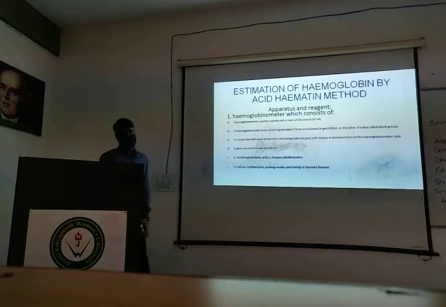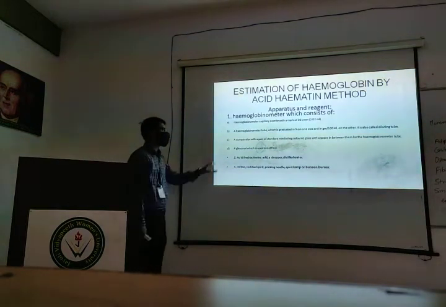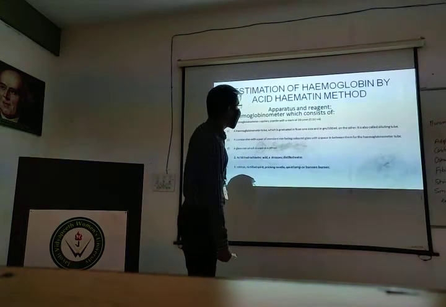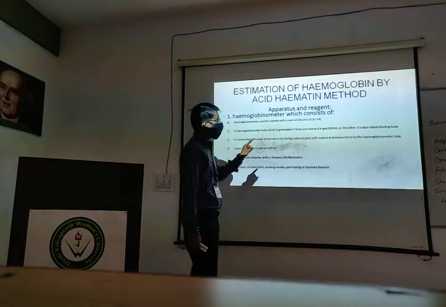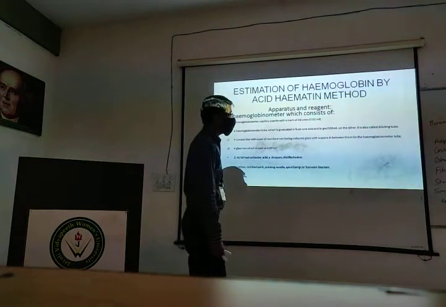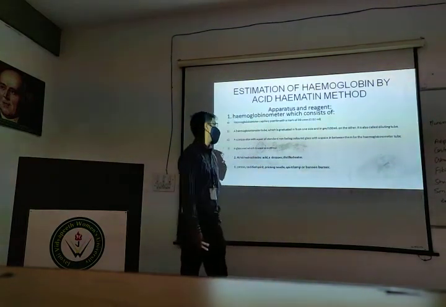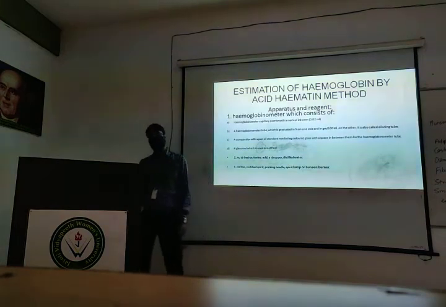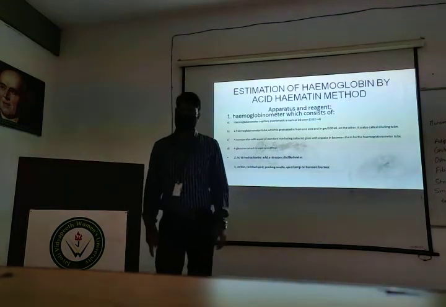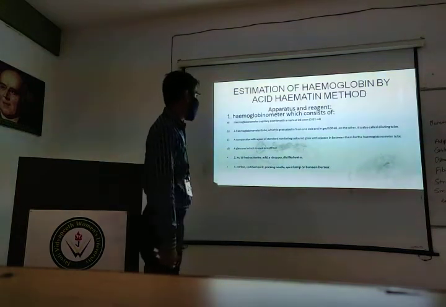The first thing we are going to need is the hemoglobinometer capillary, or HB capillary tube. Second, we need a hemoglobinometer tube, which is graduated in percent on one side and grams per 100 ml on the other side. It is also called the diluting tube or hemoglobin tube, or HB tube.